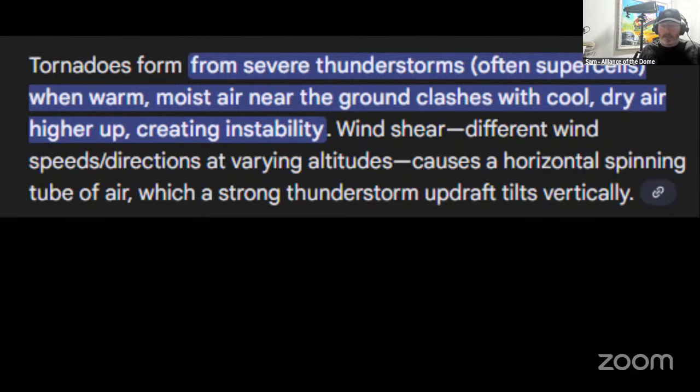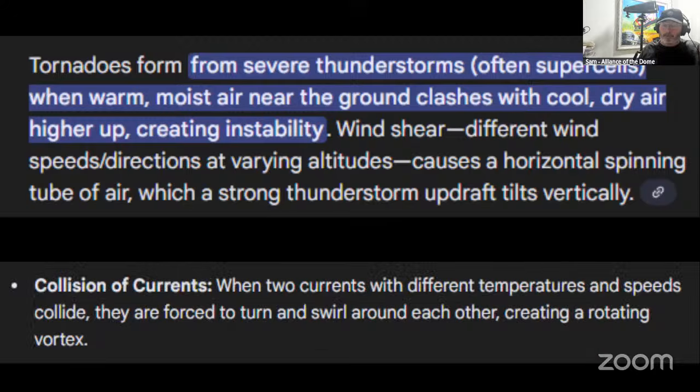Now, about the whirlpool, the same type of phenomenon happens in water. What does it say here? When two currents with different temperatures and speeds collide, they are forced to turn and swirl around each other, creating a rotating vortex. Whirlpool. So in the other example of what those stars remind us of, we see that temperatures also play an important role